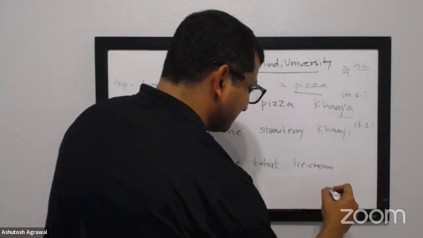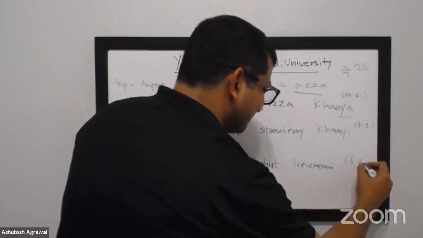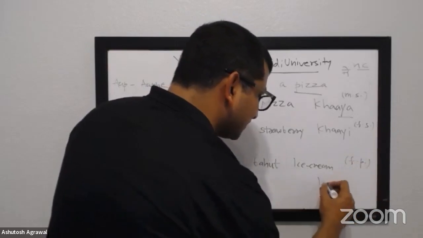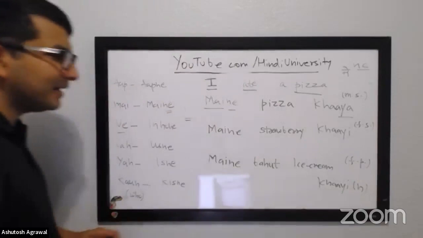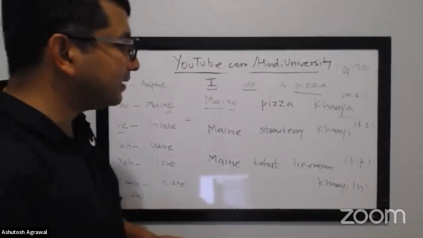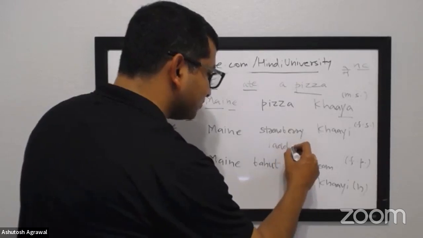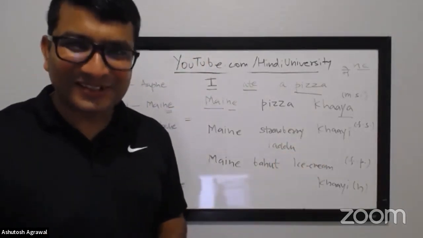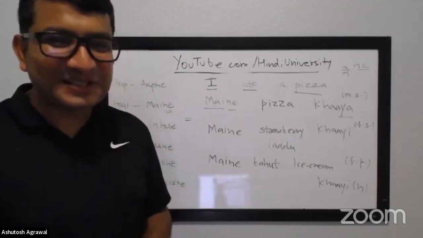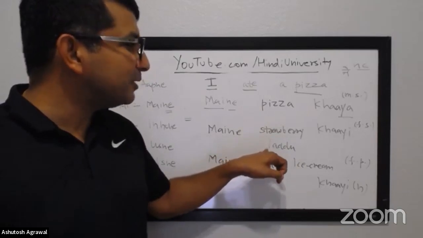Now again, masculine or feminine? Is this feminine? There is a nasalized sound, but it's basically khai. Maine ice cream khai. Okay, let's say I'm going to give you this one, laddu. Laddu, as some of you may know, is sweet. That's not on fire. That's edible. So it's considered masculine, and laddu is like the same thing, but it's a masculine plural.